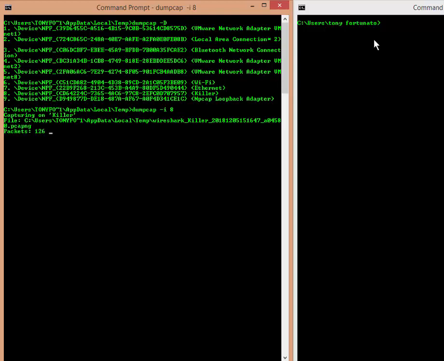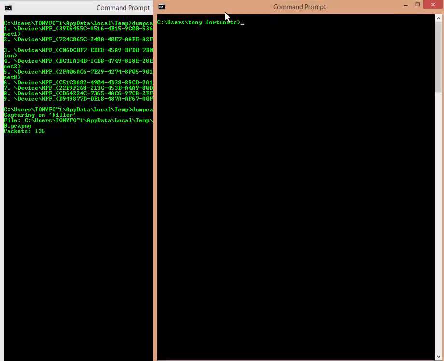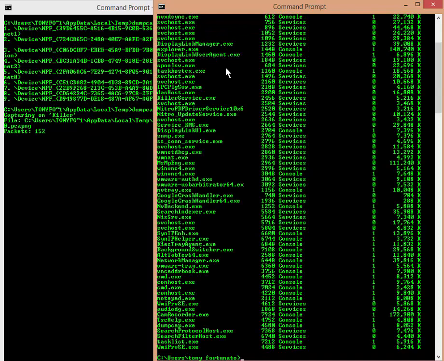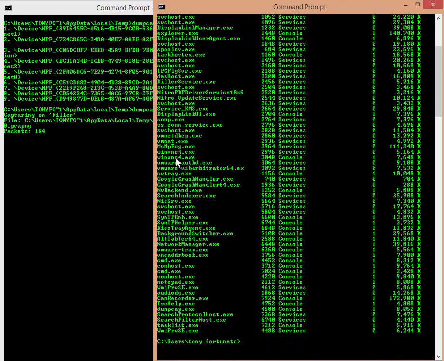So what we're going to do, this works with Windows 7, 8, and 10. I'm just going to bring another command prompt over here, and I'm going to show you a really neat command. It's called tasklist. When you hit enter, it gives you a list of all the tasks that are currently running on your machine. Dumpcap will be here on this list somewhere. You can go through this manually and look for it, or you can actually type a little bit